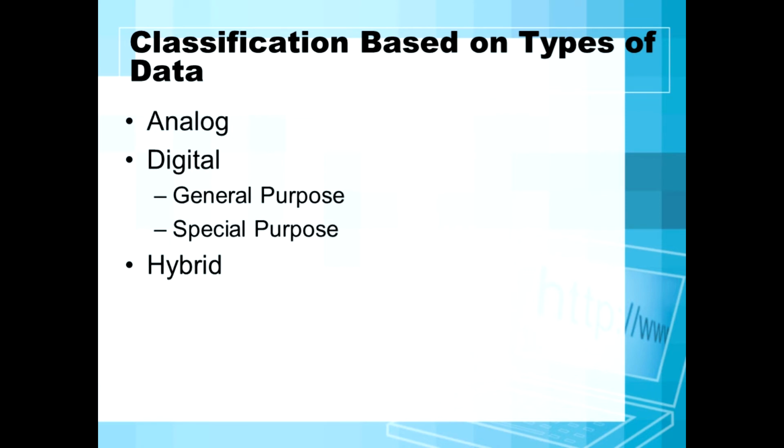Analog computer will be fast, digital will be accurate, but the hybrid is faster plus accurate; you will get the value also. Then only whatever disease you have in your body, everything, then only you can find.